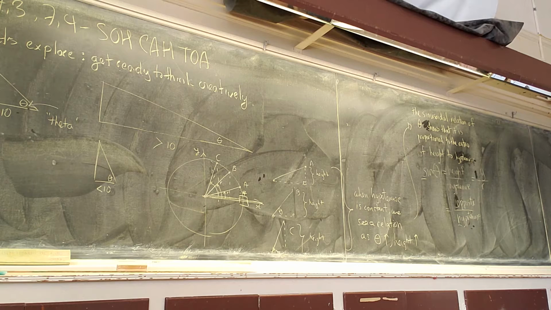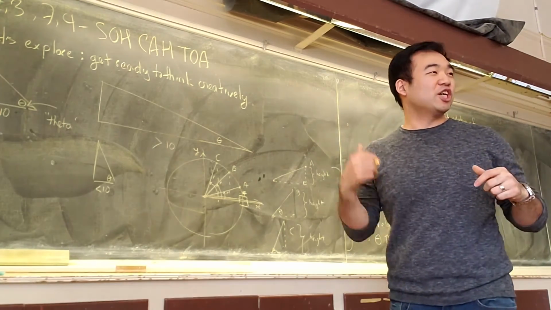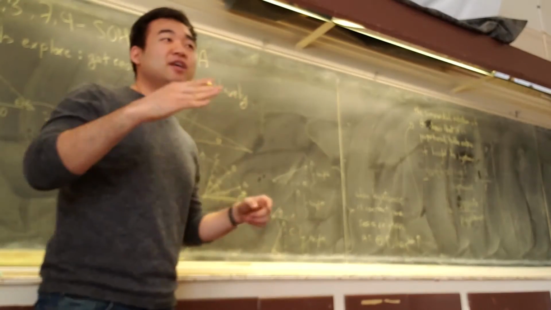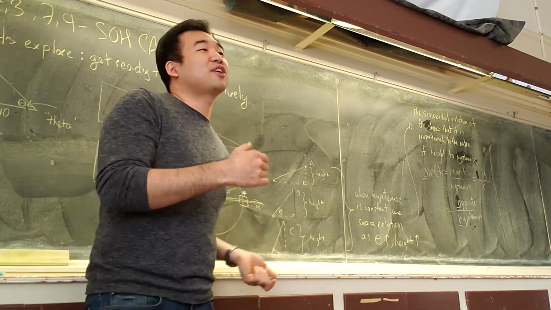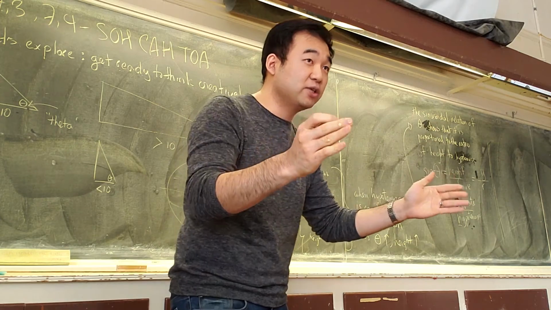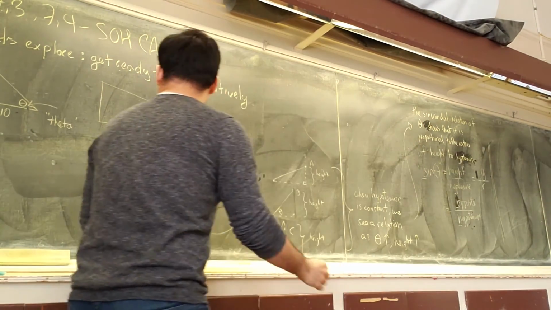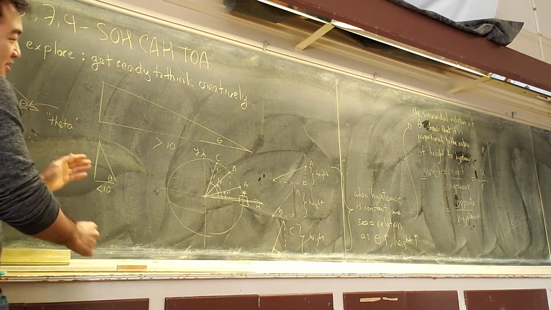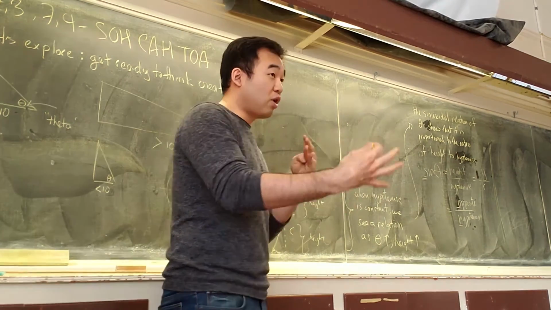Okay? So, next. If we talked about y, what's a natural what-if question that comes after this? We just talked about the y value, or the height. What if we were talking about the base? What if we were talking about the x? Well, the relationship, think about it. Just as the height and the base are probably related,